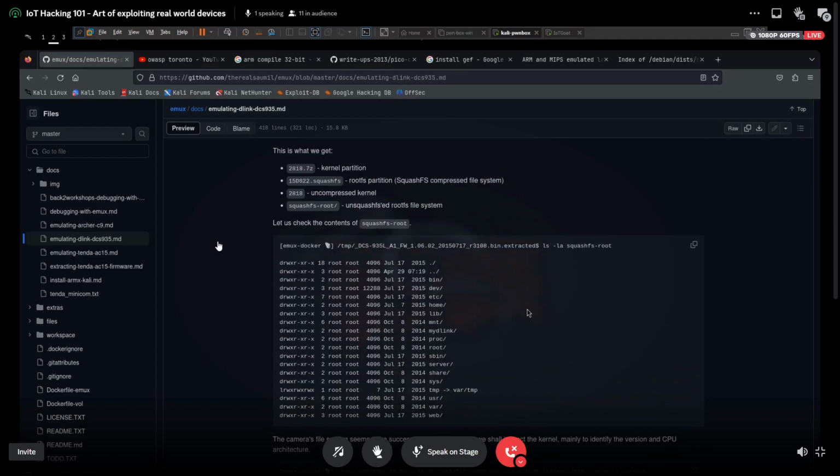One of the challenges of emulating firmware is NVRAM. NVRAM stores the configuration values for your firmware, and those NVRAM values you can only obtain from the target device. There are commands called nvram get and nvram set.